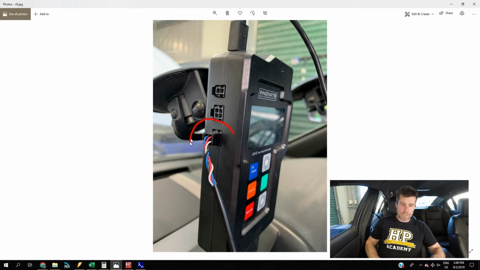Instead, what we want to do is use the 4-pin Innovate serial connector on the side. There are two of these connectors. The top one is for serial in, the bottom one is for serial out, so we want to be using the bottom one, our serial out. That connector from Innovate will terminate in a D9 serial connector, so then we need to use a USB to serial adapter to get that data into our laptop.